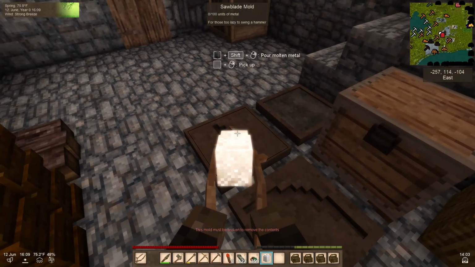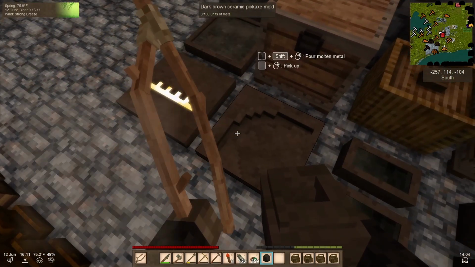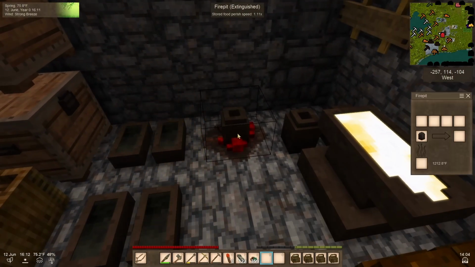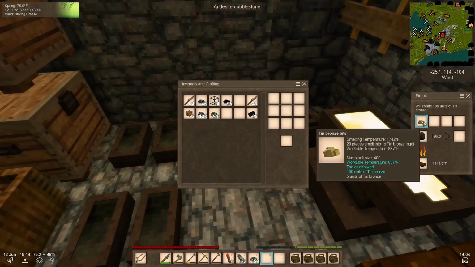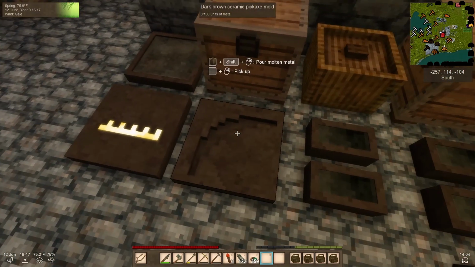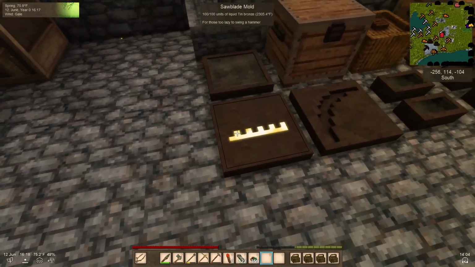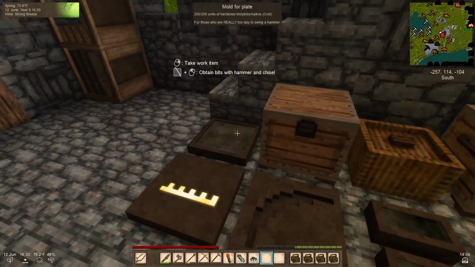All right, so we did that one. Let's go ahead and make a saw blade with the other one that takes care of that. We're going to put this back on here real quick, and while we still have some temperature, we're going to throw the rest of our tin bronze bits in here, and we are going to smelt this up into one last one and make just one more pickaxe for ourselves. But the saw blade hopefully will solve our saw problems, and that saw...